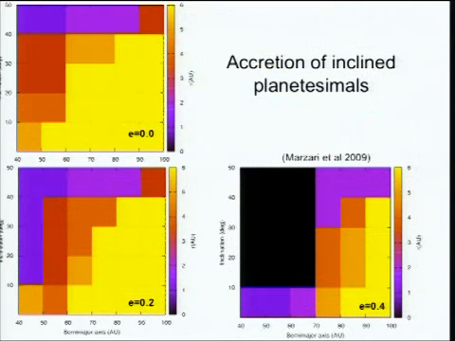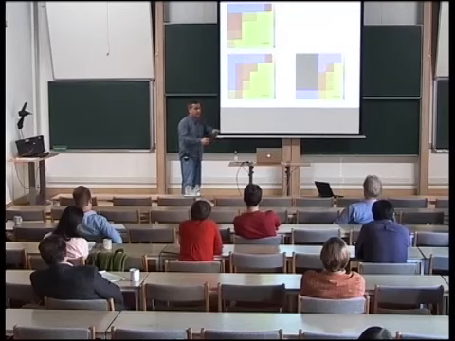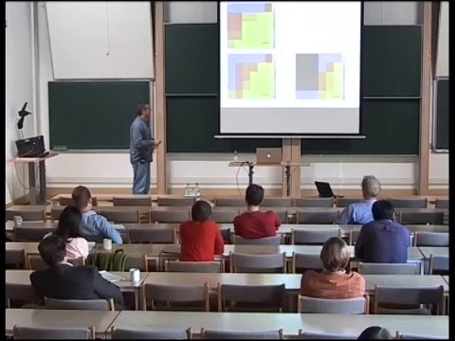Another important factor that was not taken into account in those simulations was the inclination of the orbit. Jiling is going to talk about that in more detail, but I just want to show this one slide to say that the inclination basically results in size sorting. If inclination is small, the separation of the sizes may result in accretion, but if inclination is higher, especially with high eccentricity, then accretion may not happen.